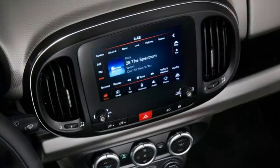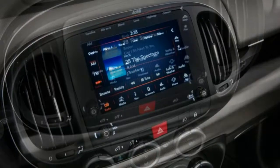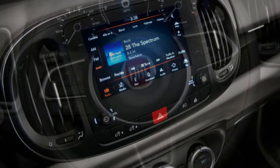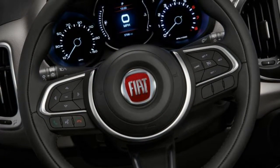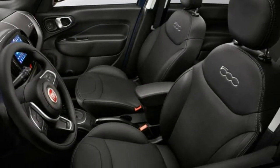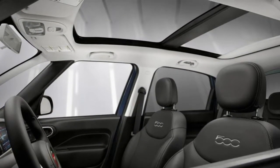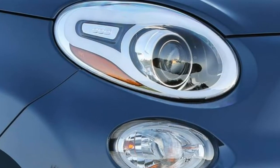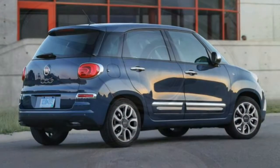The Popular Equipment Group adds rear parking sensors, dual-zone climate control, and power lumbar adjustment for the driver. The Trekking also adds manual lumbar for the passenger and an auto-dimming rearview mirror. The Premium Group includes those features plus satellite radio, a navigation system and a 7-speaker Beats audio system. Stepping up to the Trekking level adds 17-inch wheels, fog lights, unique body panels and trim with a rugged theme,